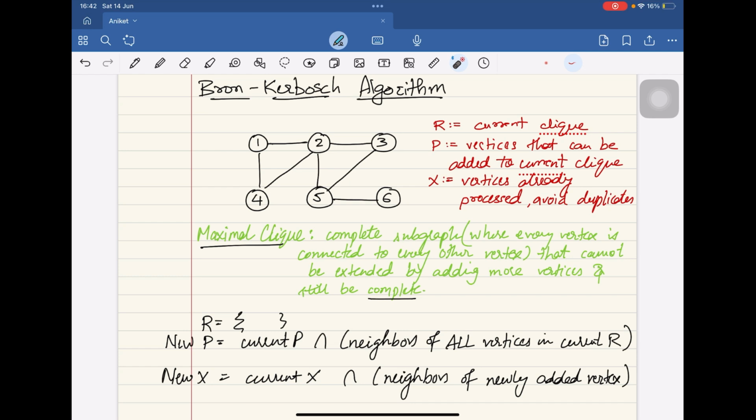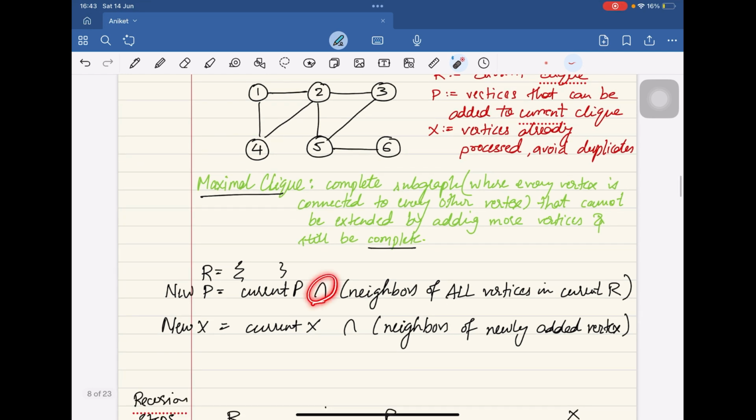Now, how do we calculate P and X? P would be the vertices which are neighbors of the current R, right? Because we can't add all the neighbors of a particular vertex; the other vertex should also be connected to the vertices of this R, and that condition should be satisfied. That is the reason we take intersections. Whenever we need to calculate the new potential candidates, the new P, we take the current candidates and intersect them with